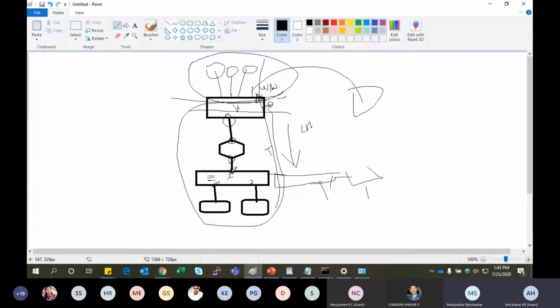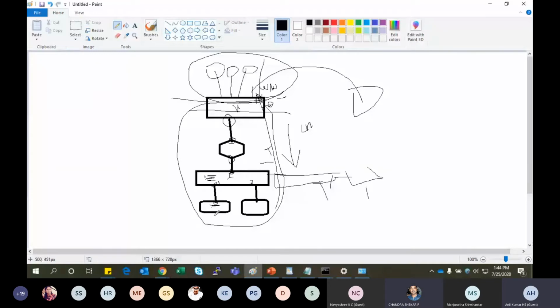Yeah, switch ports also have some hard-coded MAC addresses. But those MAC addresses will not be broadcast to the network, meaning they will not communicate outside the network. So one particular address will be given to the device. When the device is on, it will automatically assign the hard-coded MAC address to the remaining ports. Your computer has a NIC card, right? This NIC card also has a hardware address, a MAC address. This MAC address is learned by the switch and kept in its table. Port 1 is connected to this, port 2 is connected to this, like that.